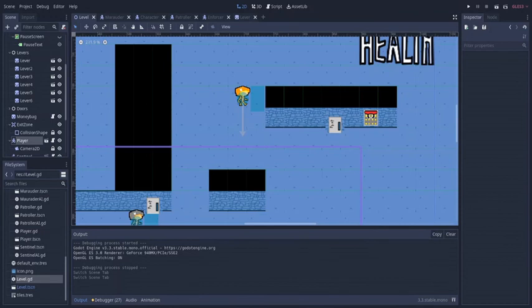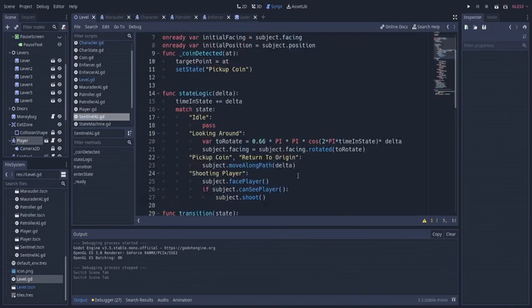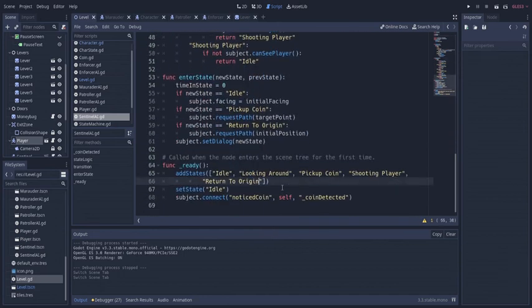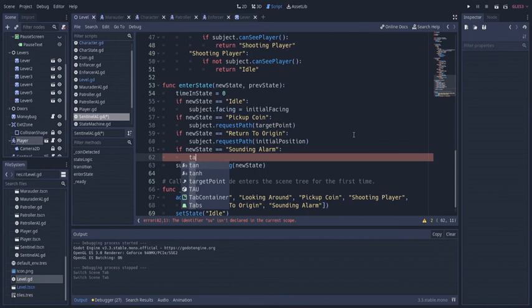Okay, and finally, we're going to implement setting off the alarm. So in order to do this, go to Sentinel, yet again, add new state. We've been through this before. Sounding alarm. This is why I regret not using a match statement here. So if state equals sounding alarm, target lock, target point